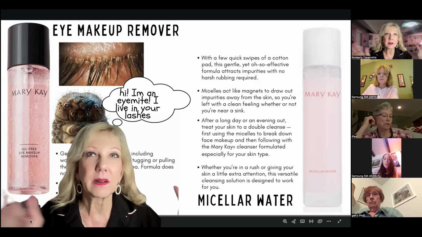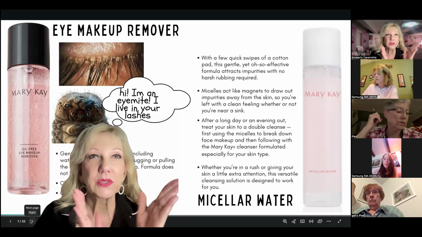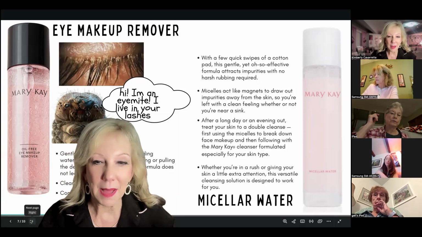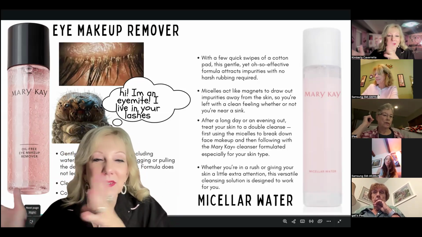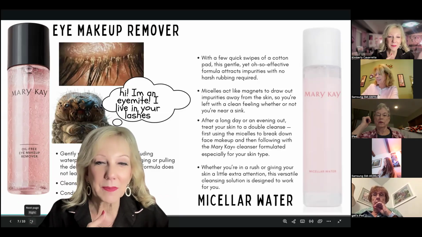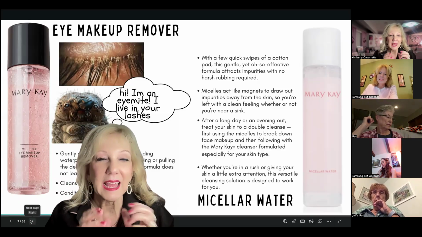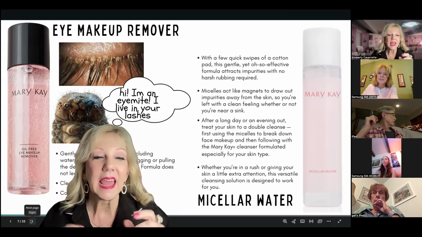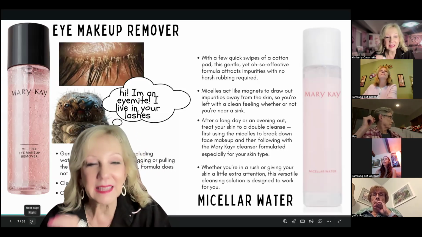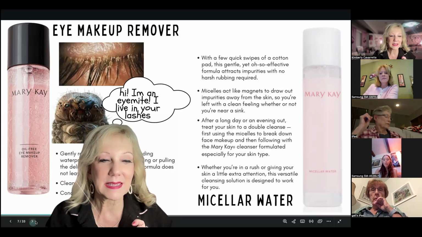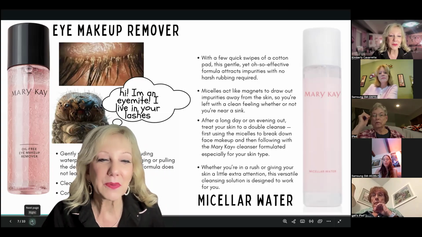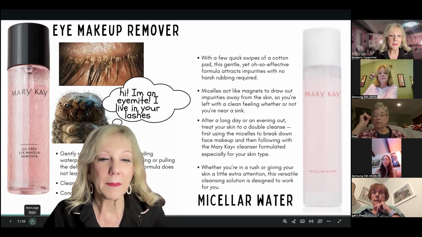So let's put it in regular terms. If you started mopping your kitchen floor, you would probably not just start mopping with a wet mop, right? If you've got pets, you want to sweep that hair up, you want to sweep up crumbs first. And that's what you're doing. You're getting all that stuff swept away, then you're cleaning your skin. And then you have a cleaner skin to clean with the cleanser. Does that make sense? Otherwise, you're just going to smush it all around, just like you would do a dirty floor with the wet mop.